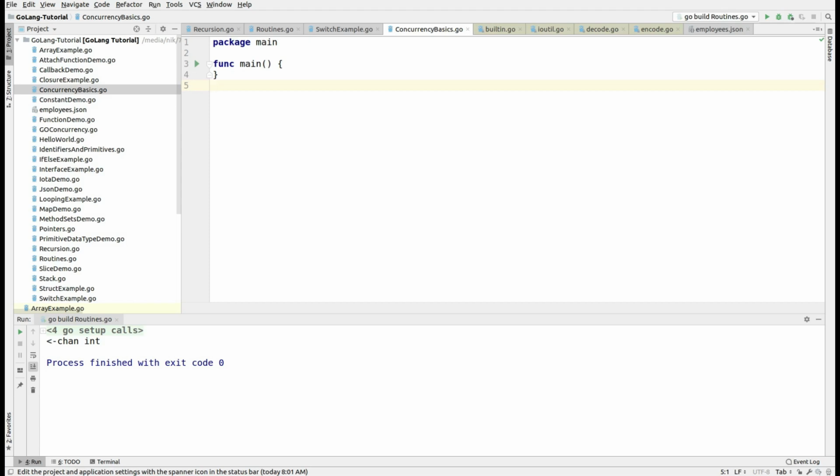And with this concept now getting cleared, let's understand the basics of concurrency. In order to have concurrency or parallelism, you know that the hardware is extremely important. Now let's see in GoLang,